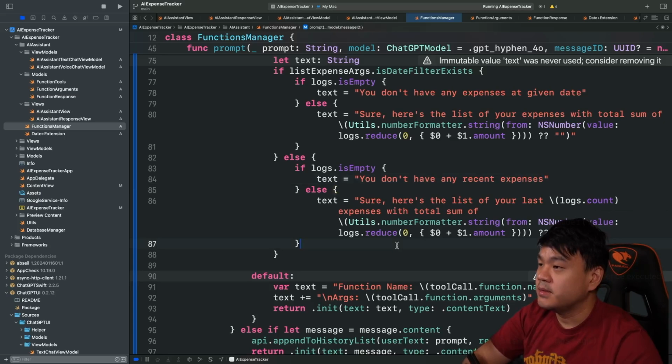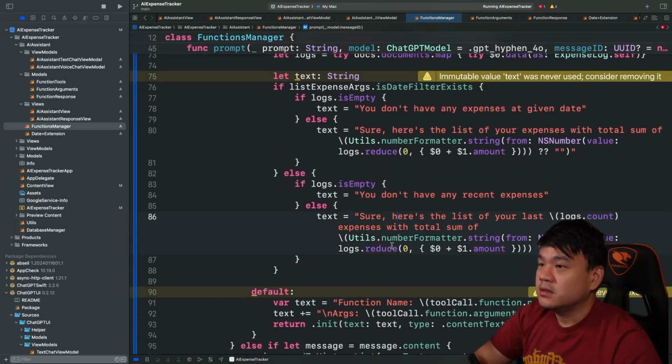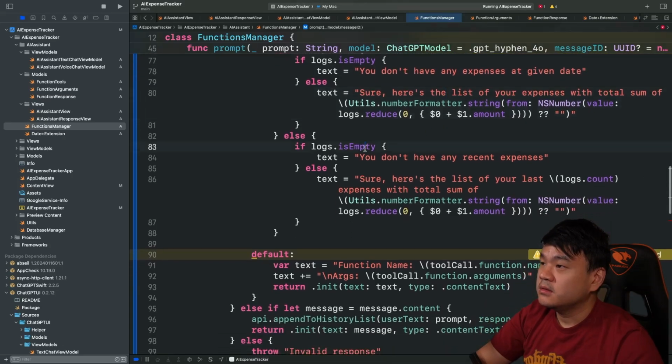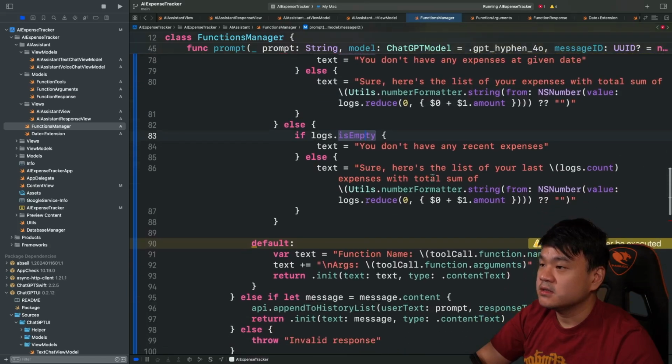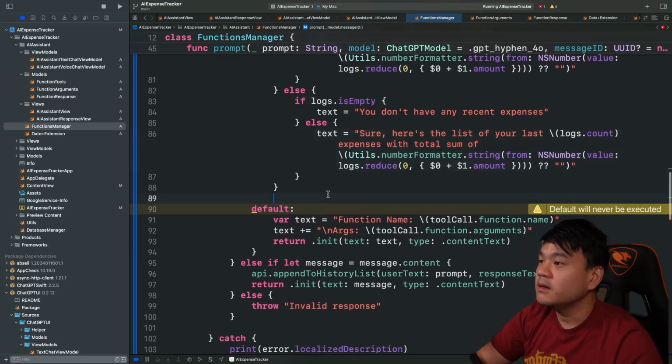I think this is a better thing. Okay, so we got the tax from all of the conditions. So if that filter exists and the logs is empty, you don't have any expenses at the given date. And when the date filter doesn't exist, you just use the logs.count expenses. Okay,